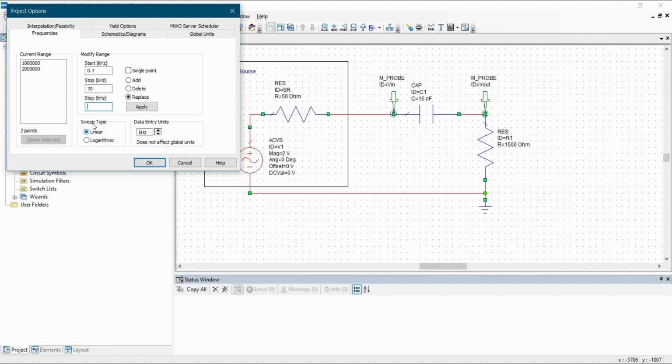So first we want to select the sweep type from linear to logarithmic, and the number of points per decade will be 10 or 20. So let's go for 20 in our case. Another thing is, if you want to do the single point, since this is the frequency response, we want all the points here, and as soon as we apply,